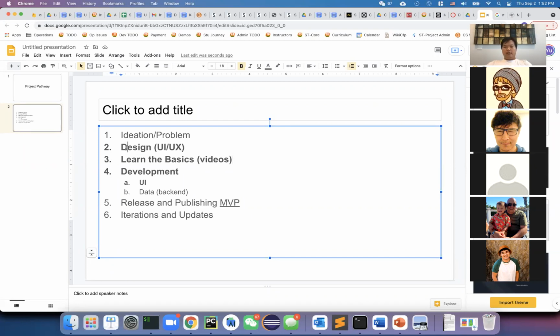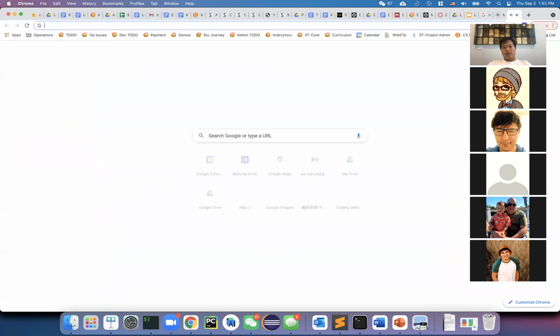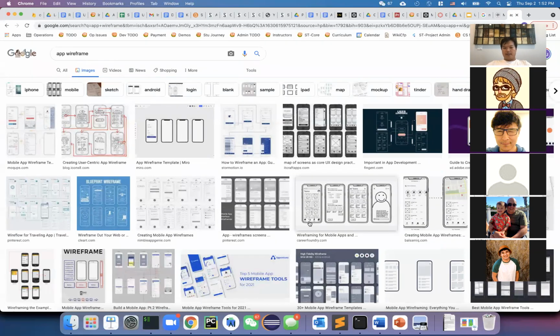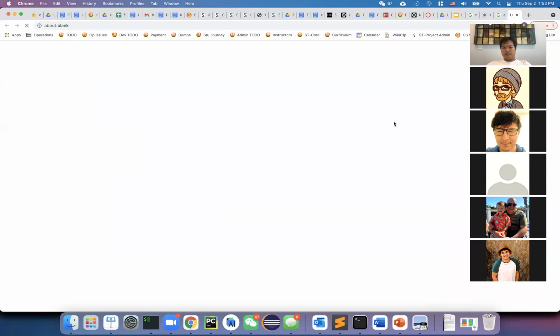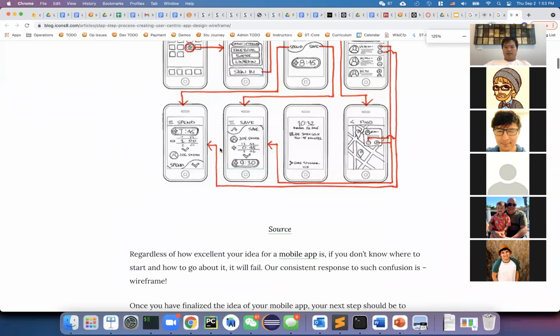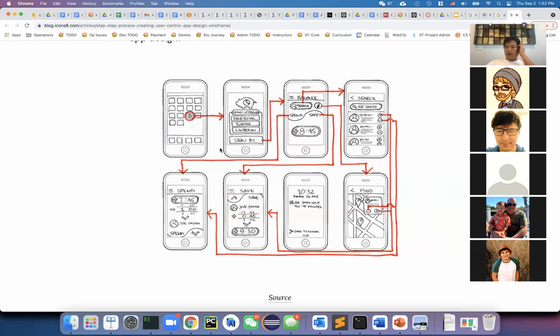Okay, now for the design, I highly recommend everyone do a wireframe. Okay, I forgot if I mentioned that in the video, but something simple like this. All right, this is called a wireframe. Based on the idea you have, and we're all familiar with mobile apps, the basic layout, the UIs. We have a lot of experience. Just think about what are the things you want to do for your own app.